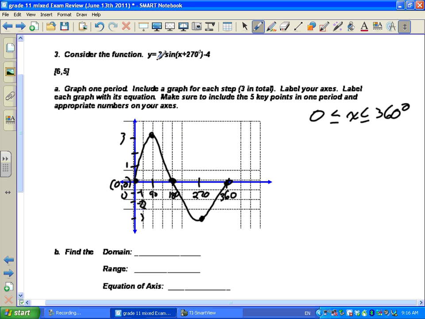This is our amplitude, or our A, that's changed. So that's when we've dealt with our A. That's our first movement. Second movement we'll deal with is shifting the graph to the left